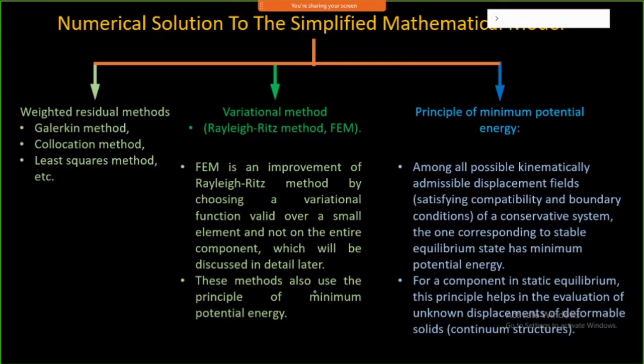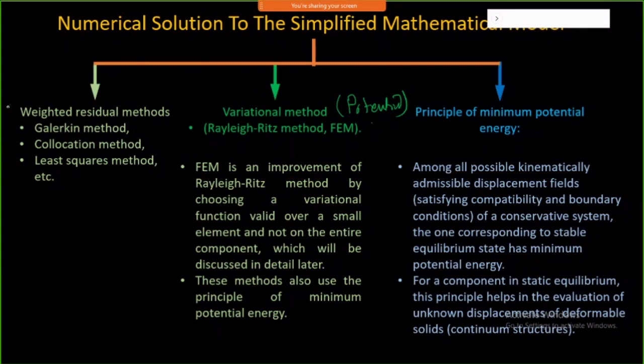So this can be divided into various categorizations. One is what is called the potential energy method. Potential means you are going to determine the energy. Energy means when you apply a force onto any beam or something, that particular energy is stored in the system in terms of a deflection, and that is what is called potential. And similarly, we can have three different ways by which we can simplify your solution.